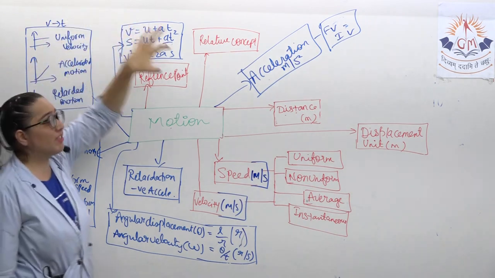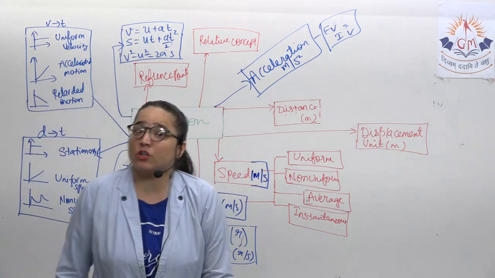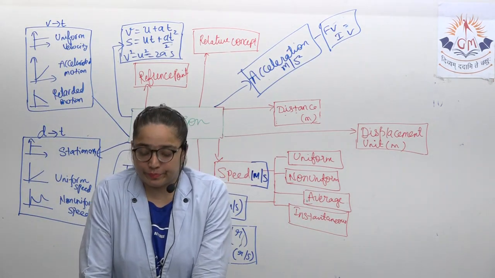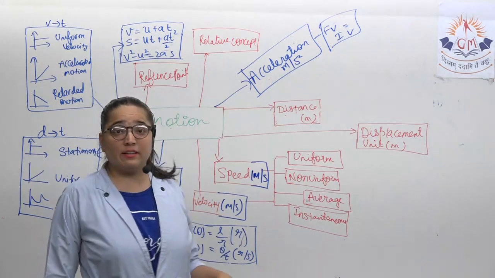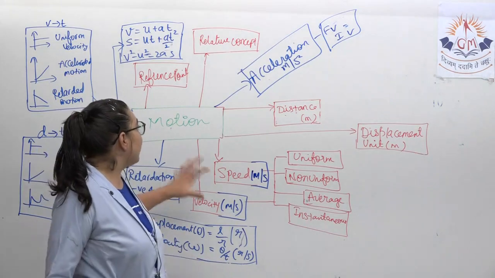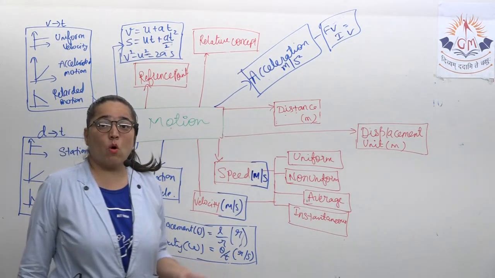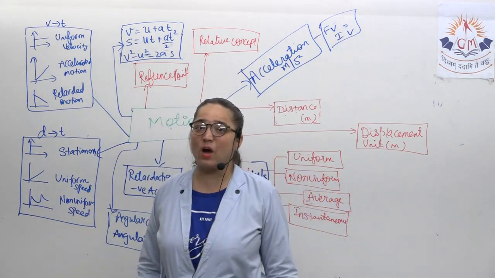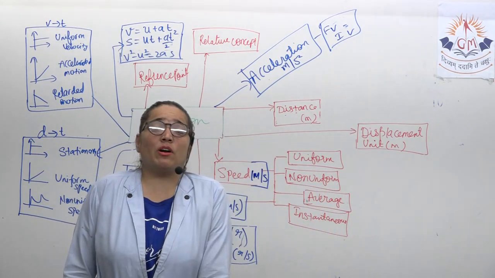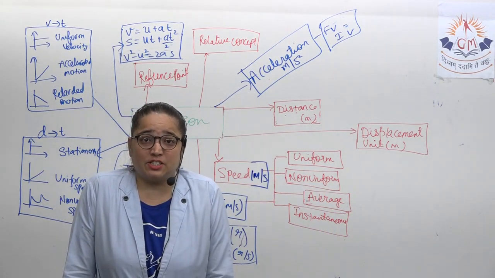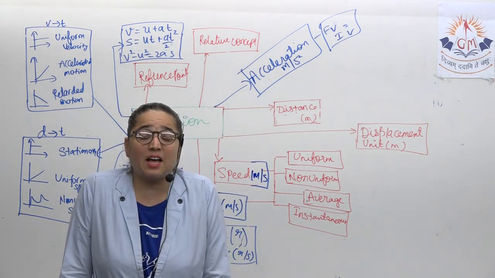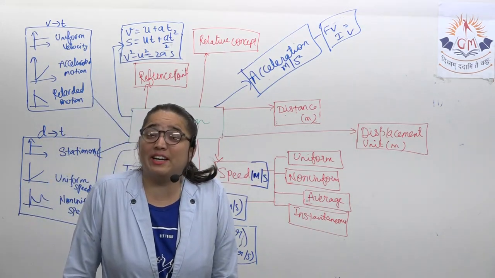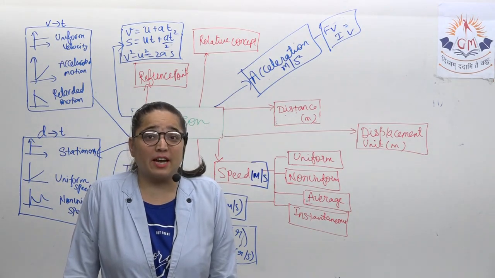Retarded motion. The 3 equations of motion were derived using 2 methods. Which were those 2 methods? These 2 methods were the algebraic method and the graphical method. So this is all about the whole concept. Okay, and I hope that the whole lesson is now clear. Basically, we will be taking more lectures in this chapter, because it is the base of physics. Again, I am saying this whole concept is going to carry forward in class 11 if you are opting for the science stream.